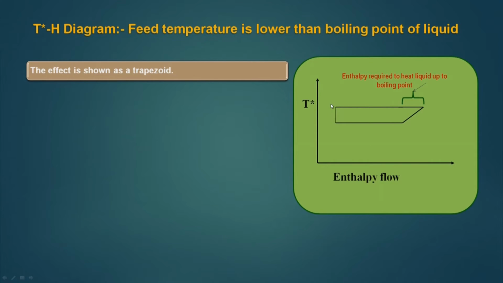Now, this will be shown like a trapezoid, and the liquid which is at a lower temperature here will be heated up to this boiling point here, and this part of the heat is the enthalpy required to heat the liquid up to the boiling point. So,